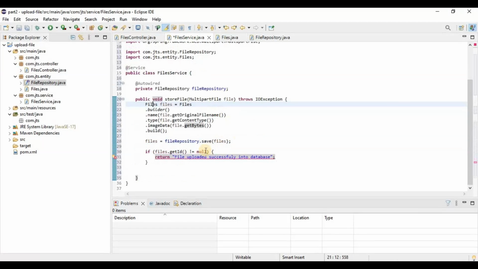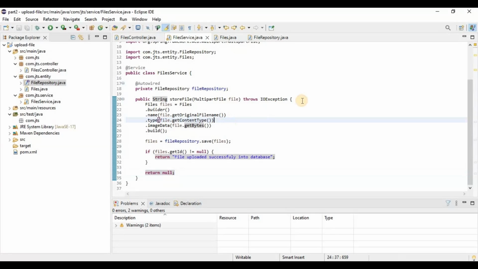Okay, change the return type to string, and from here we are going to return null. So this method is done now. Okay, what we are doing over here means we are sending this input file, the multipart file here,